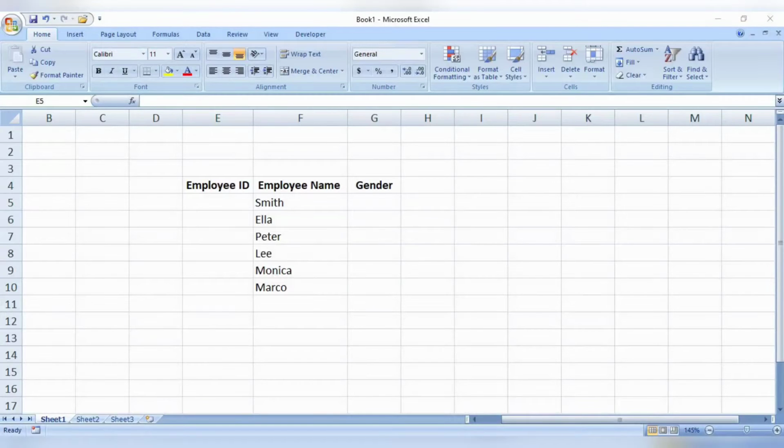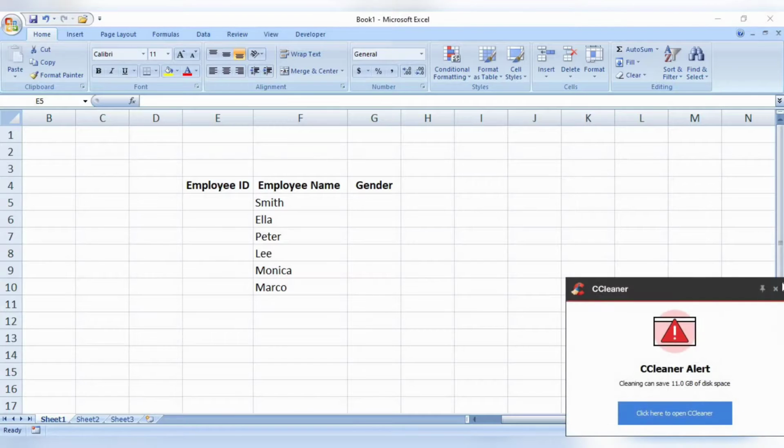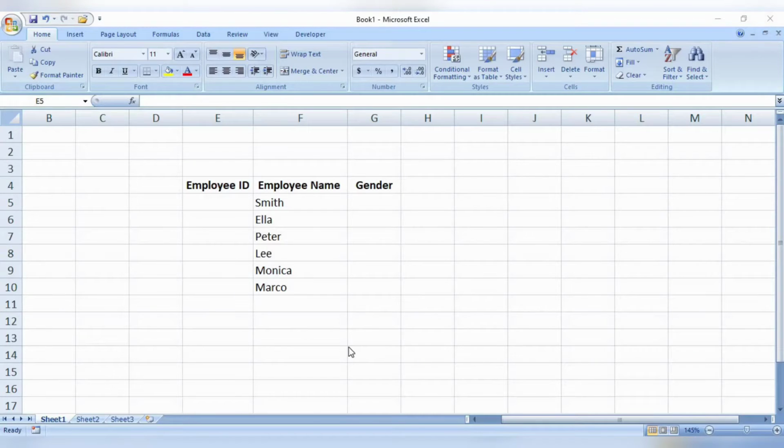In this video, you will see about data validation in Excel. Data validation in Excel helps to restrict users to enter certain values or a certain type of data in the cell. With the help of this feature, you can control what type of data is entered into a particular cell. Let's understand this better with the help of an example.